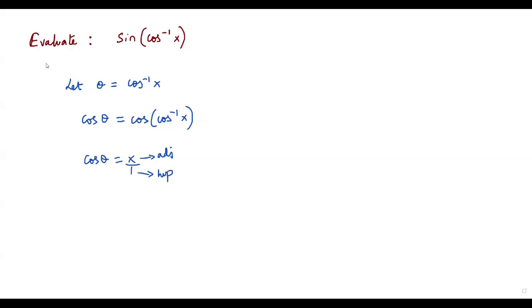Now let me draw a right triangle over here. Okay, so here we have a right triangle and the right angle is over here. Let me assume this angle measure is theta. Then the side which is opposite to the angle theta is called the opposite side. And the side which is opposite to the right angle is called the hypotenuse. And this is the adjacent side. According to what we have here, the length of the adjacent side is x and the length of the hypotenuse is just 1. So we can replace this hypotenuse by 1